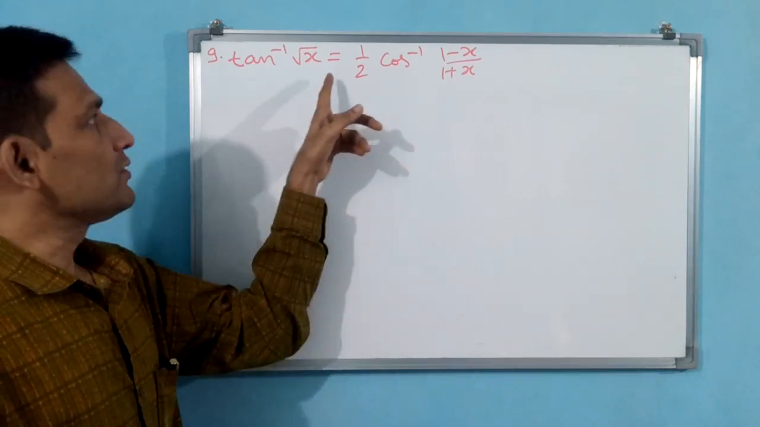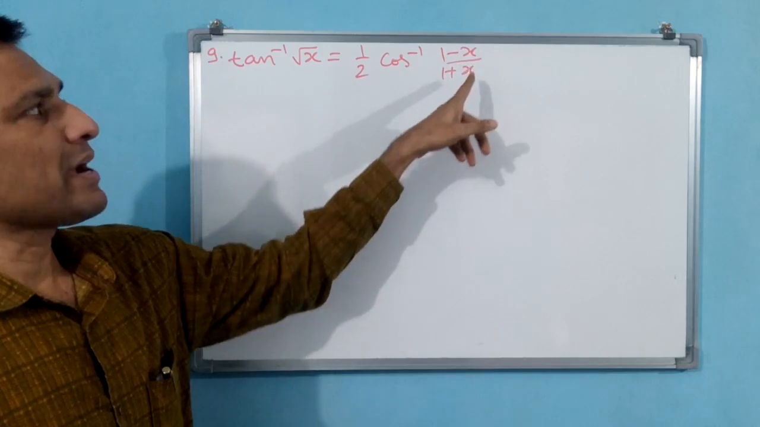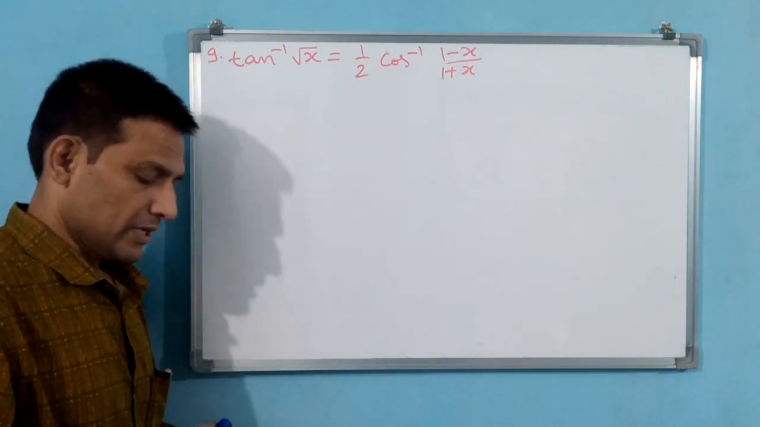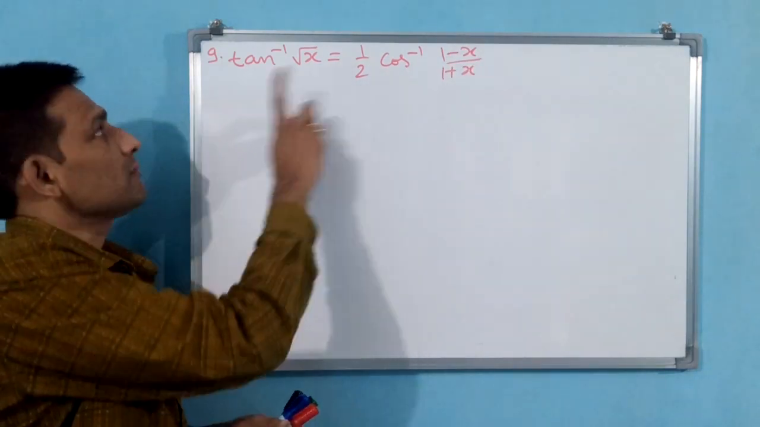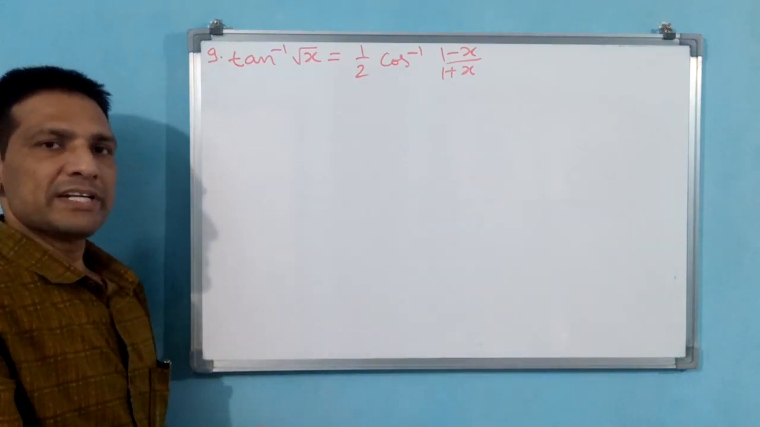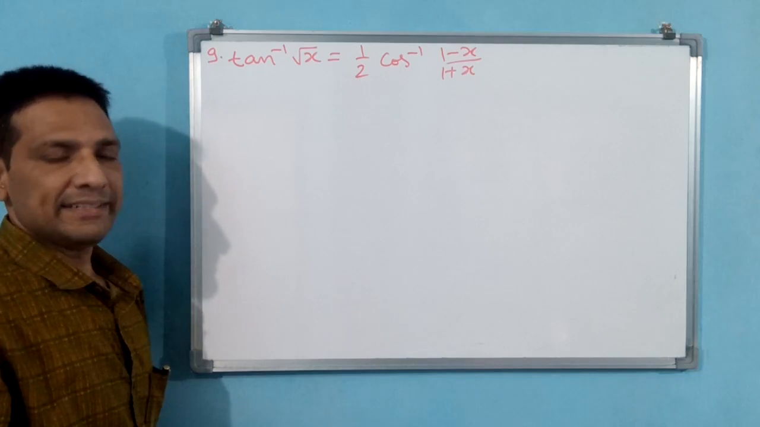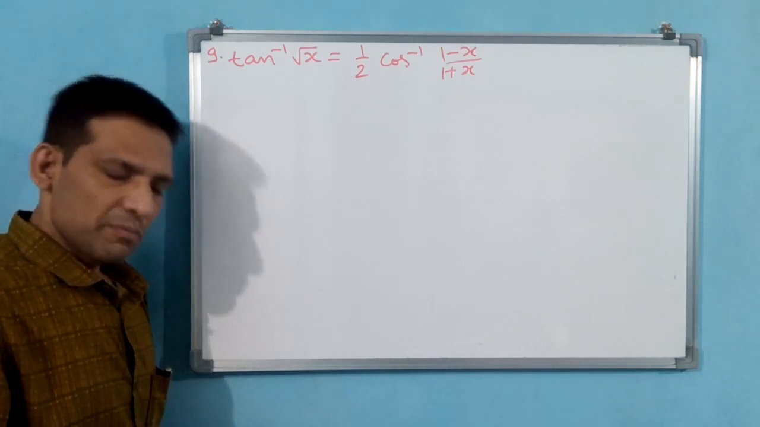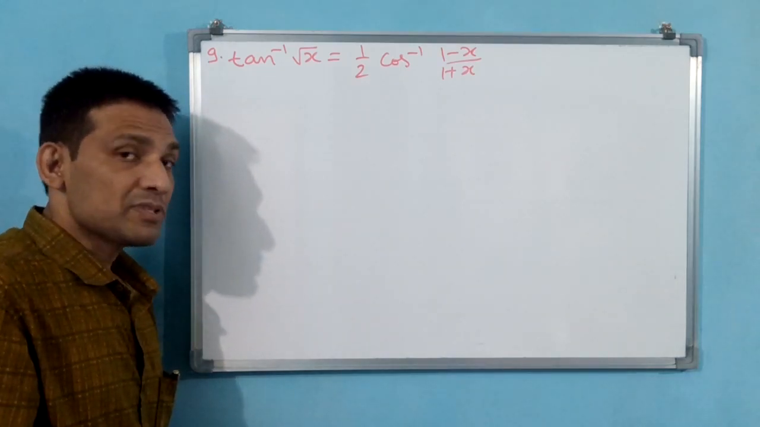Tan inverse root x is equal to 1 by 2 cos inverse (1 minus x) by (1 plus x), they have given. See, one side cos, one side tan have given. One side cos means you can take a right angle triangle and convert it into tan. That will be the normal procedure. But if you observe carefully,